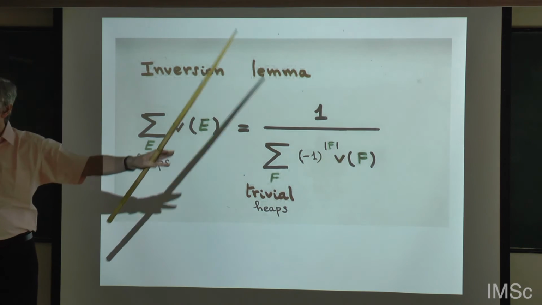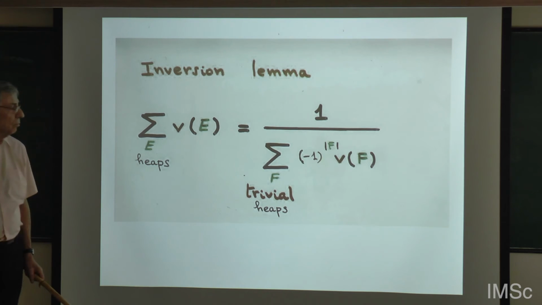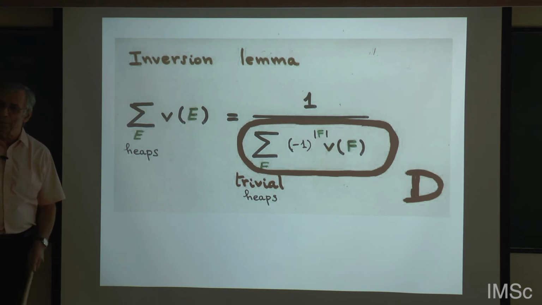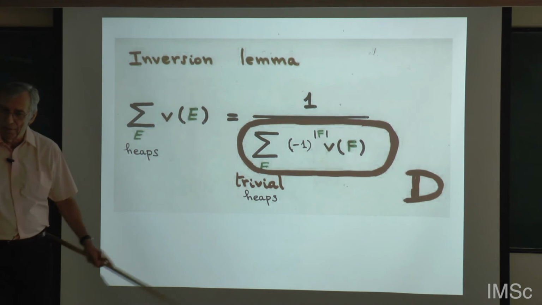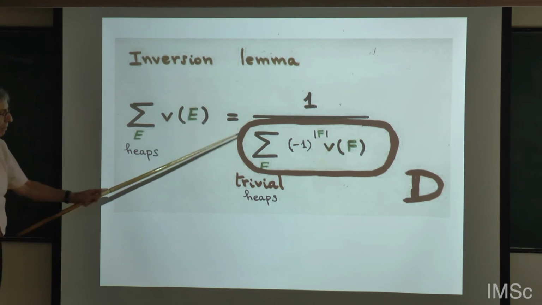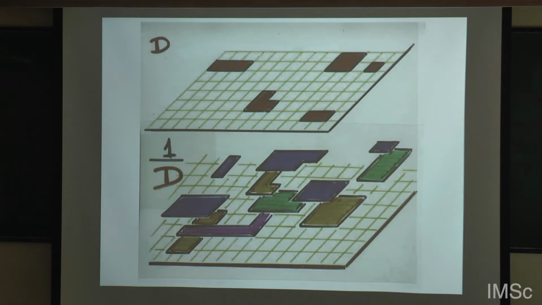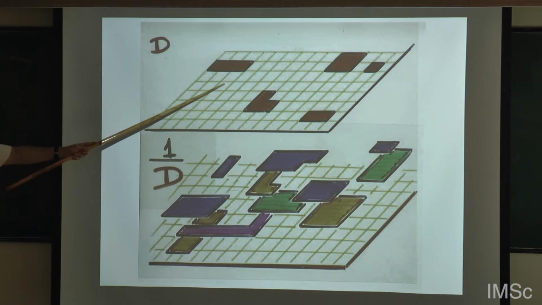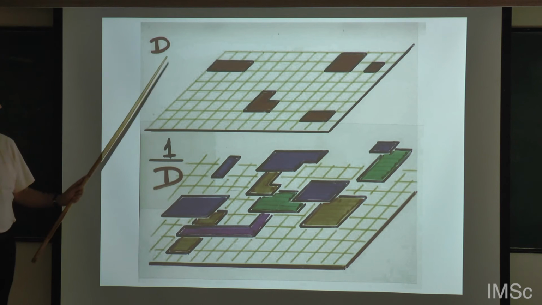Everybody is on the floor. There are no pieces floating in the air. They are all at the 0 level. So this is the inversion lemma. Many theorems in linear algebra can be put in this way, by putting good weights, good heaps, good things. So these are trivial heaps. This is a visualization of the trivial heaps of pieces. And this is the heaps of pieces, which means intuitively that putting pieces one over another is equivalent to taking the inverse of a generating function.